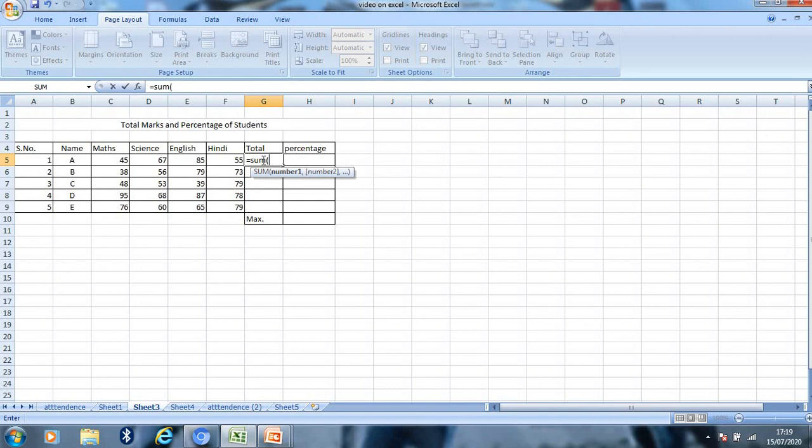So I will write here the range of cells from which to which I want to sum. Here we can type the range like this: C5 colon F5, then bracket close, and then press enter. The sum will appear here.